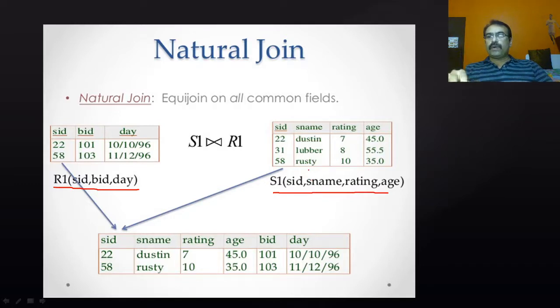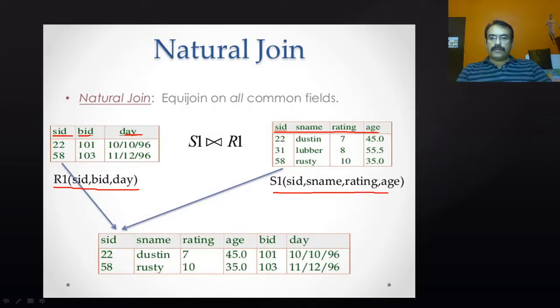So I want to join these two relations. Join is two things. First, we apply a Cartesian product, and then we apply the equality. What exactly are we going to do? We are going to see here. If I am applying a Cartesian product, SID, BID, day, along with all these four are going to appear in the output,